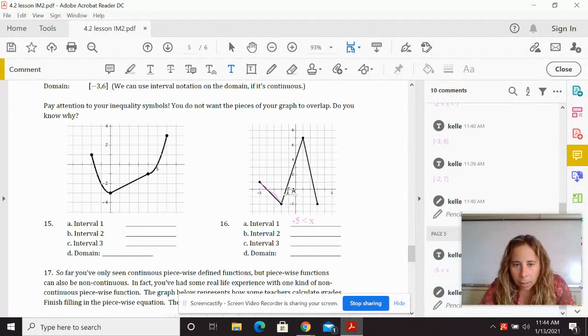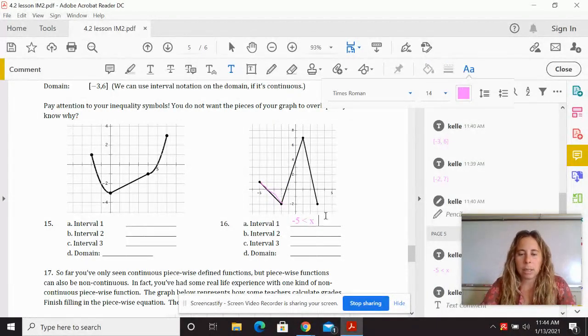So it ends at -1, -2. When x is, wait, I think I said this wrong. X is greater than or equal to -5. X is greater than or equal to -5, and then less than,